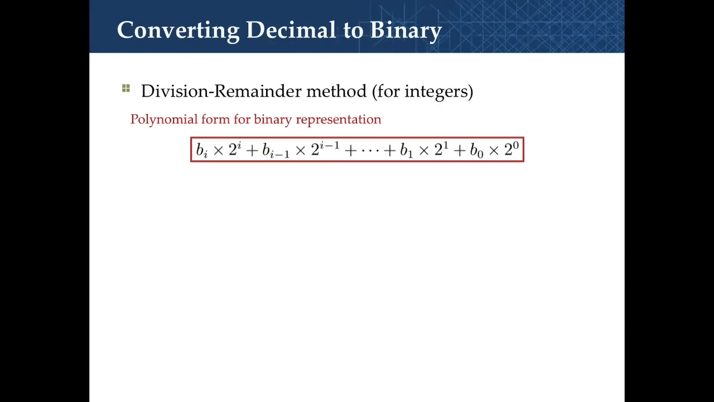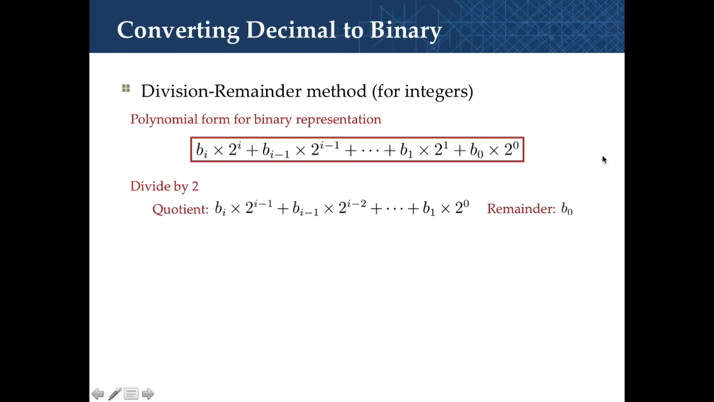Well, now let's say we want to convert decimal to binary. This actually is a very simple method. We just keep dividing by 2, and since we're dividing by 2, the remainder is either a 0 or a 1. And we're going to generate the binary representation of the decimal number from least significant bit to most significant bit